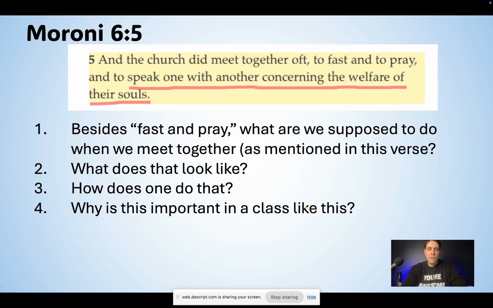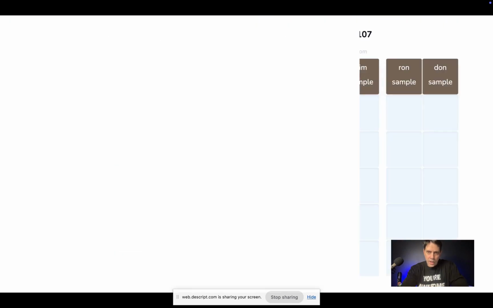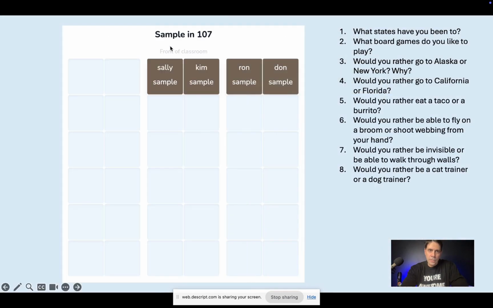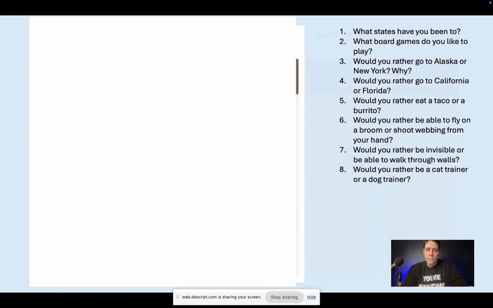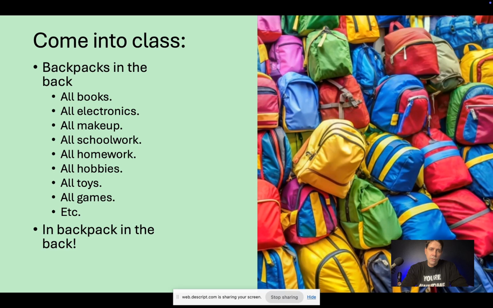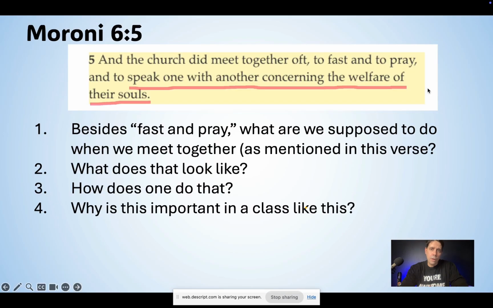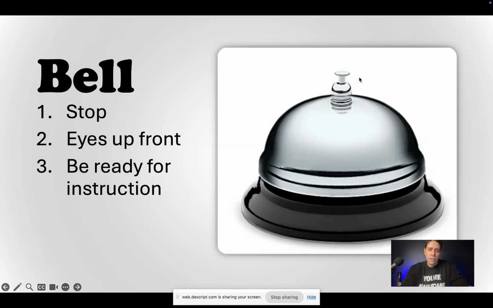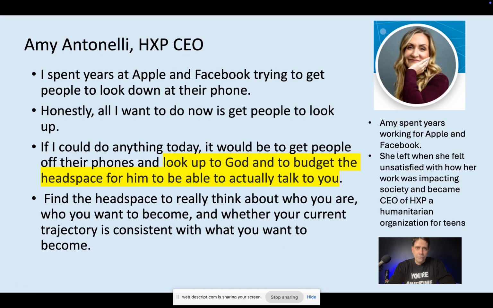And so in my class, this is why I have questions on my seating. I'll have the seating chart with questions. These questions are what you ask your neighbor when you come into class, and we're waiting for other people to come. We talk to each other. Why? Because we want to show each other that we genuinely care about each other, and each is important.